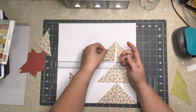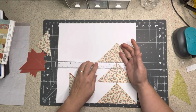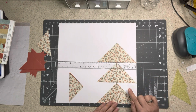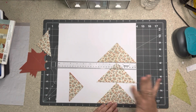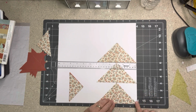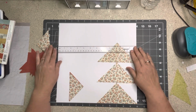Okay, and I'm going to do the next one. Now, hopefully by now you see the triangle, right? We're creating triangles. And if you were to do this in fabric, you would also have a solid. So this would, let's say, be white fabric, black fabric, whatever you want. And you would do the exact same thing, because when this is together, this part right here is a 3x3 square. So you would do the exact same thing for a solid,